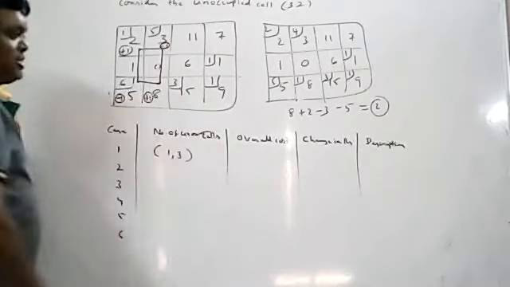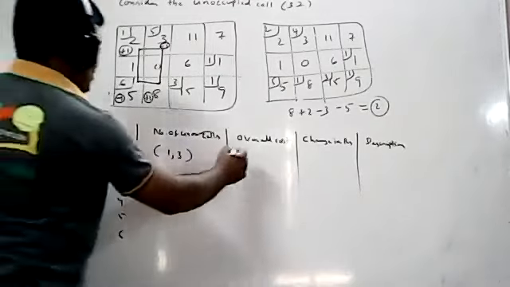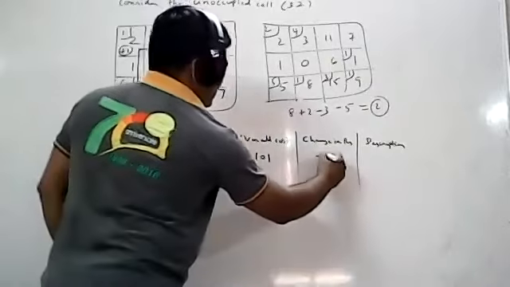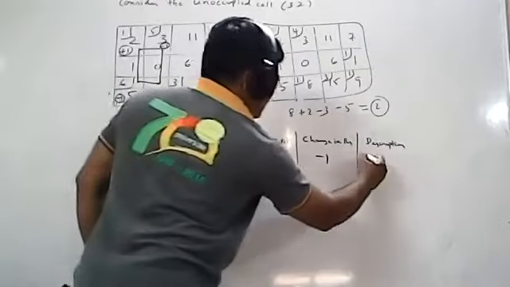First one I got. What is that cell number? 1, 3. So for 1, 3 overall cost is what you got, -1 you got. I think you have already done that one. So -1 means what is that? 101. What is the change value? -1. Actually 102 is there. So -1 you got, that means 102. So description is decrease.